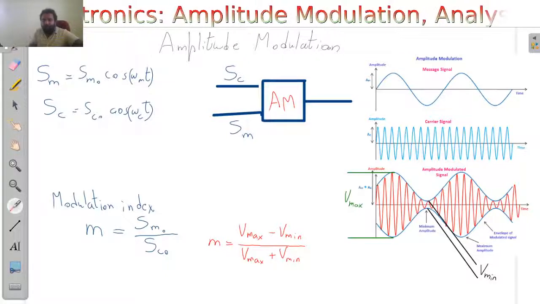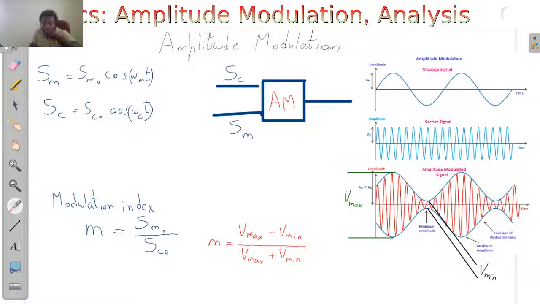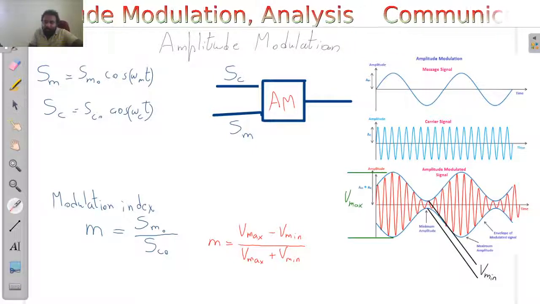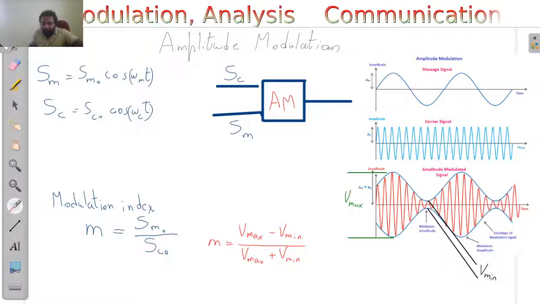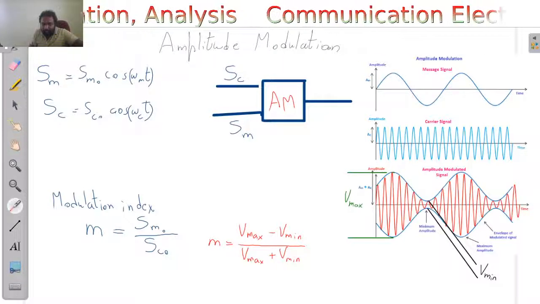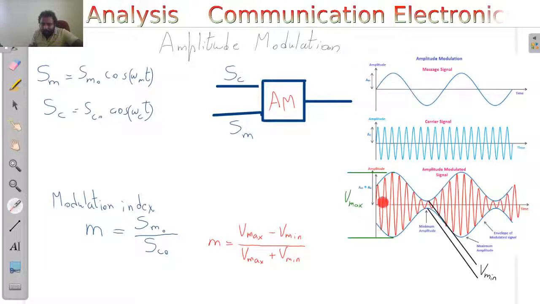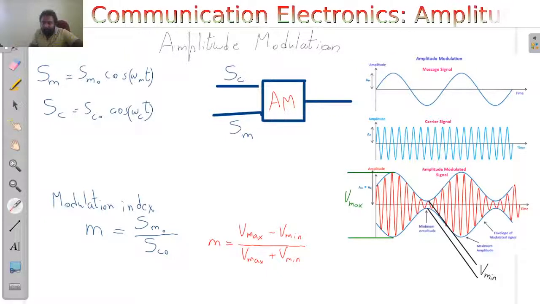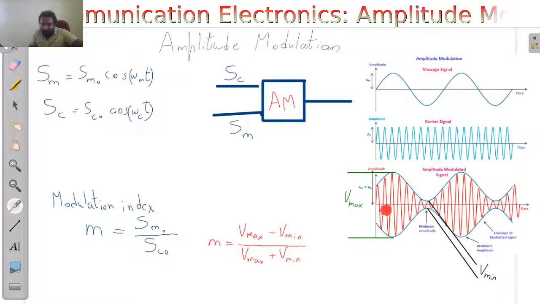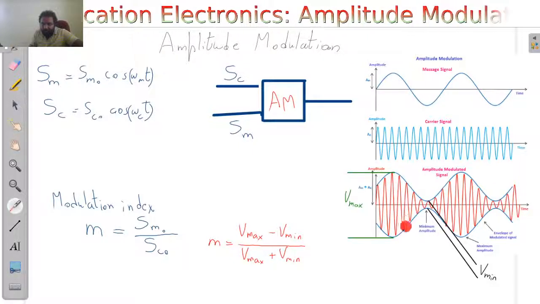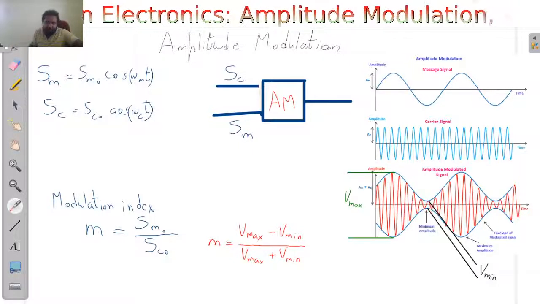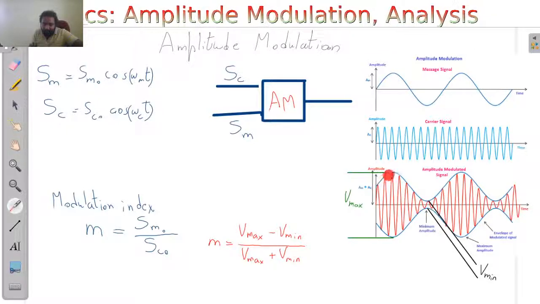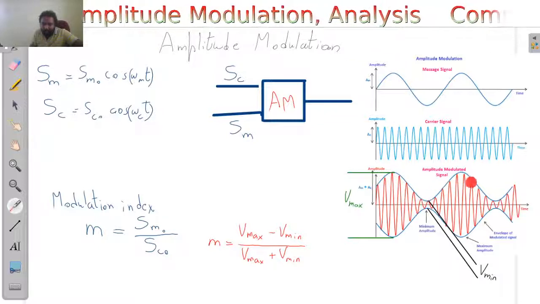When you modulate using the amplitude modulation scheme, the amplitude of the carrier is varied in accordance with the amplitude of the message signal. So when you modulate this carrier signal, you get something like this. The red line represents the output of your AM modulator, the output of this box. The sine wave drawn using the red line represents your output, and you can connect the peak amplitudes of each instance like this, and this forms the blue line.